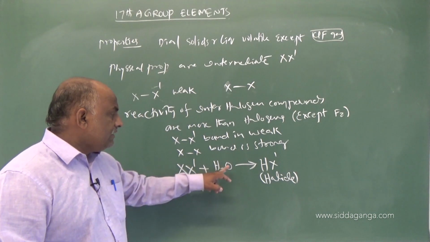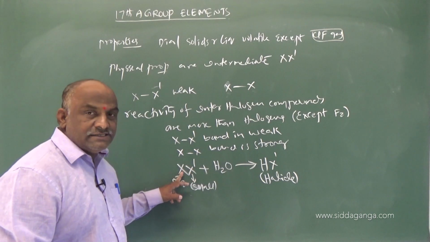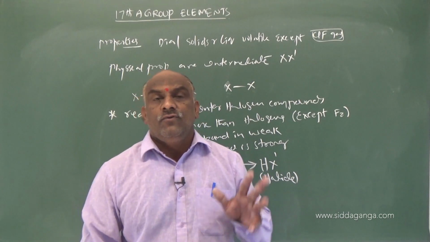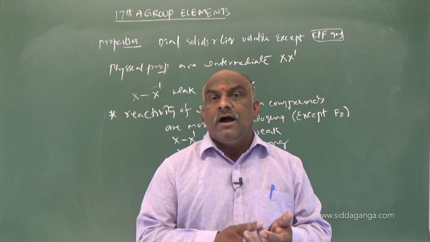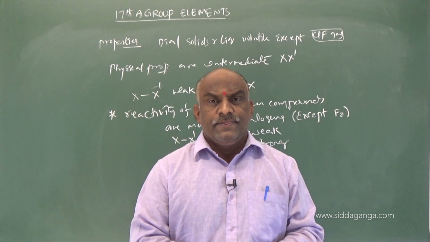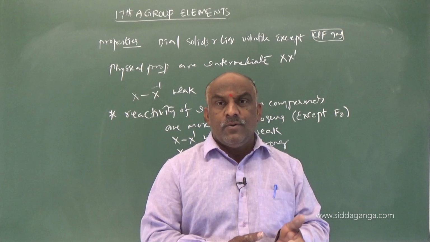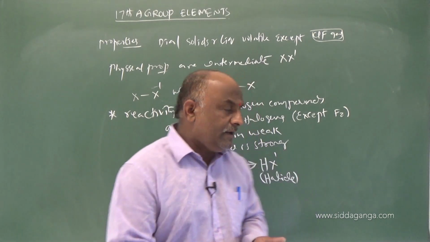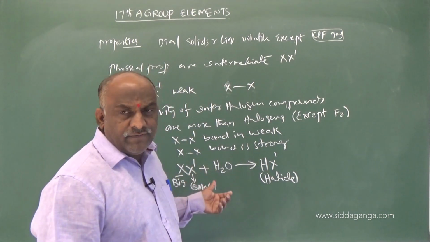So what is remaining here? One H will be removed, remaining is one oxygen, one more hydrogen is there and X is there. So the larger halogen atom forms hypohalite, halate, perhalate. Yesterday in the last class we discussed oxyacids of halogens: hypohalite, halate, perhalate. According to the type of interhalogen compound, if it is monohalide,